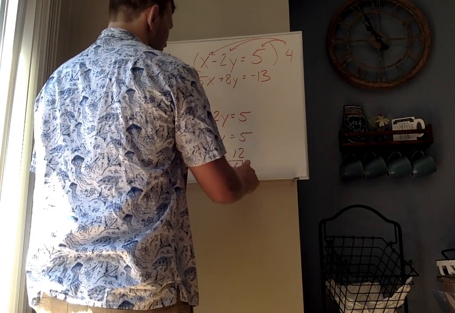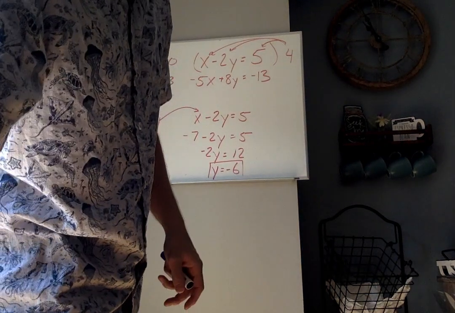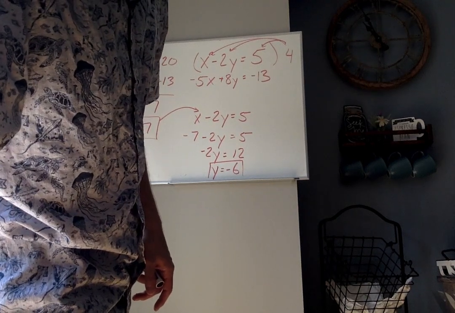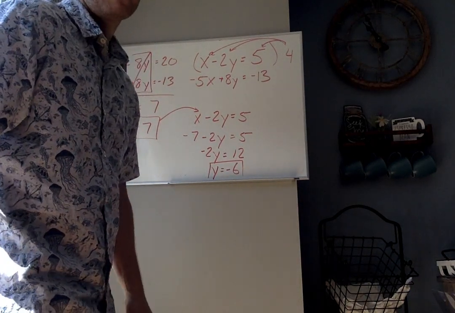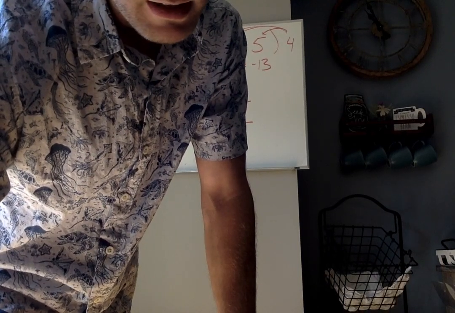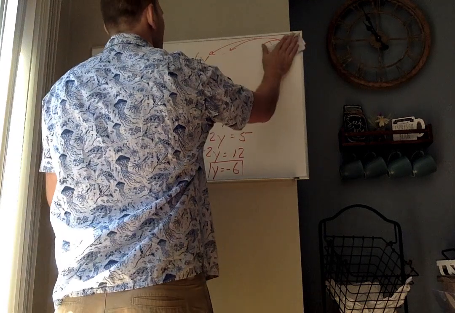Now, I didn't show all my work there because I'm running out of room, and I want you guys to be able to see everything. So my answer is negative 7 and negative 6. All right, now let me jump one more level, okay? So the last type of problem I'm going to do